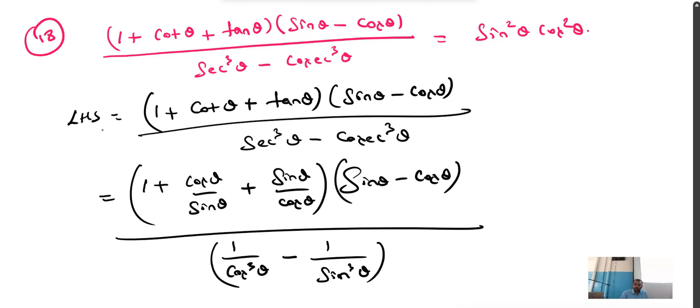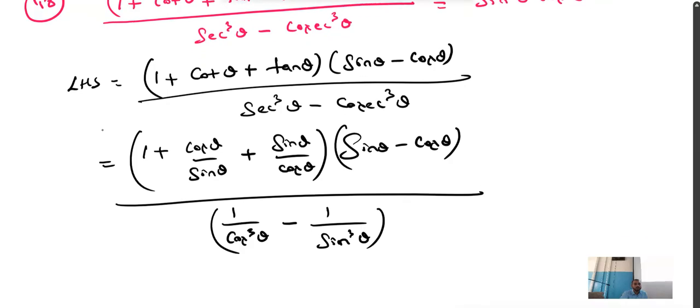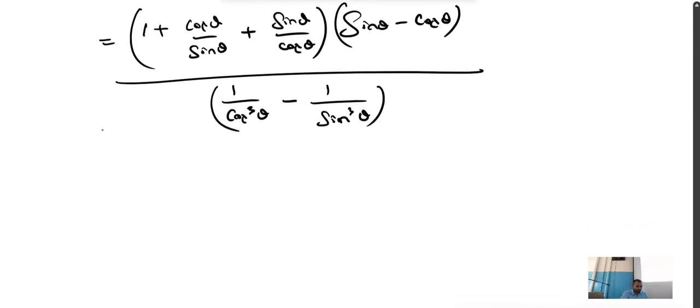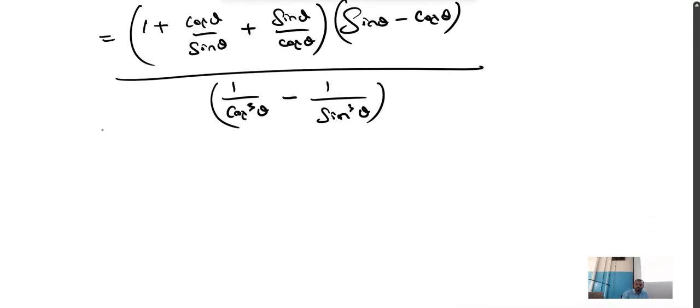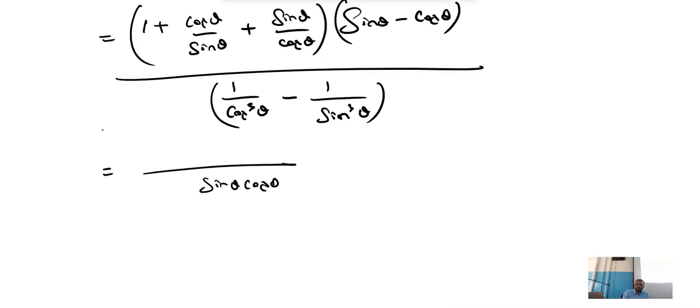Can we write that? Tell me, children, fast. Now can we take the LCM for this? Sin theta cos theta. Here the entire term is multiplied by sin theta cos theta. 1 into sin theta cos theta, sin theta cos theta, plus sin theta cancels, cos theta into cos theta, cos square theta, plus